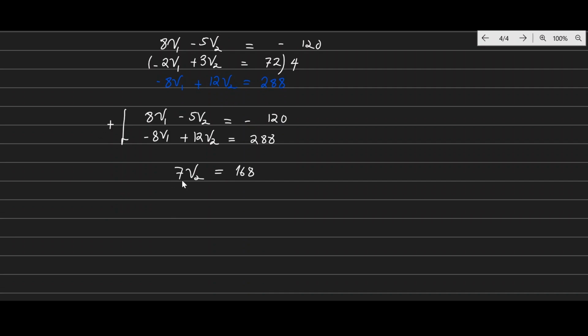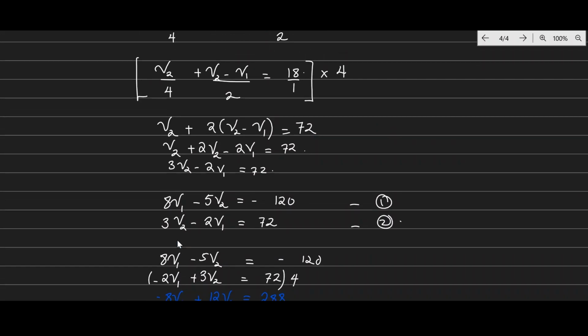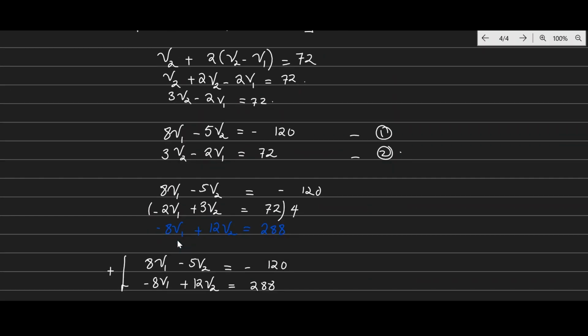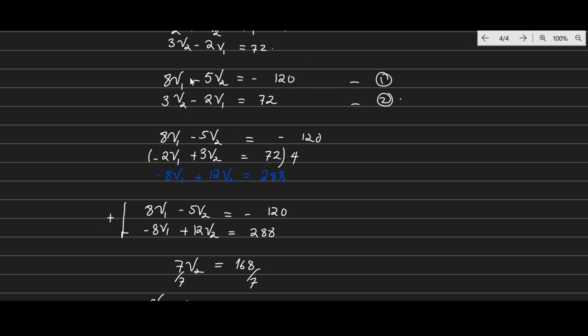So I'm going to divide by 7 here, and you divide by 7 here. So our V2 is equal to 24 volts. Now we can choose any of the equations to solve for V1. I'm going to choose this equation: 3V2 minus 2V1 equal to 72. So let us substitute V2 is 24,